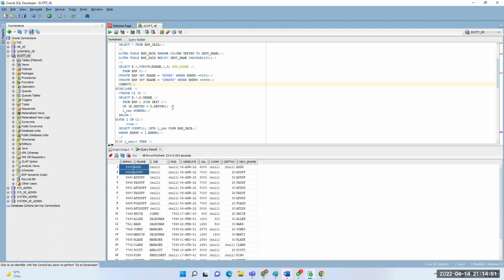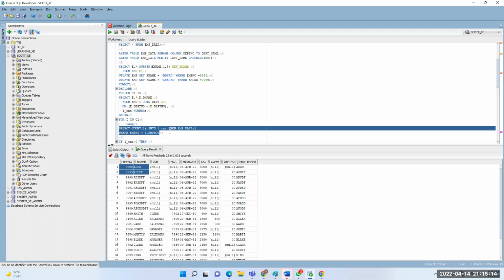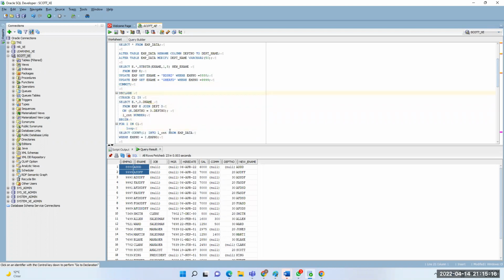Understand? Yes, I understood that part. But can you please run this query, select count from emp underscore data where emp number is equal to 888. You can't run this with I.emp number, right? It will replace that with the cursor emp number. Yeah, so the cursor emp number for the first one might be 888, and next, in the loop, it will be 999, for example. If 999 is equal to 999, then how can the count be more? 1 will be there. 1 or 0 will be there.